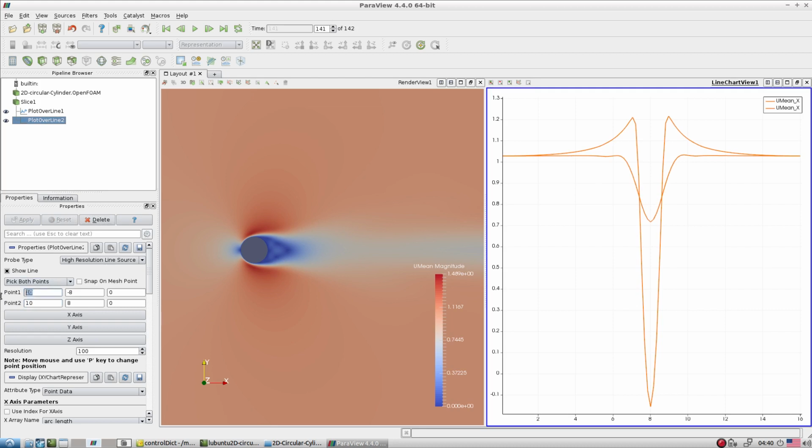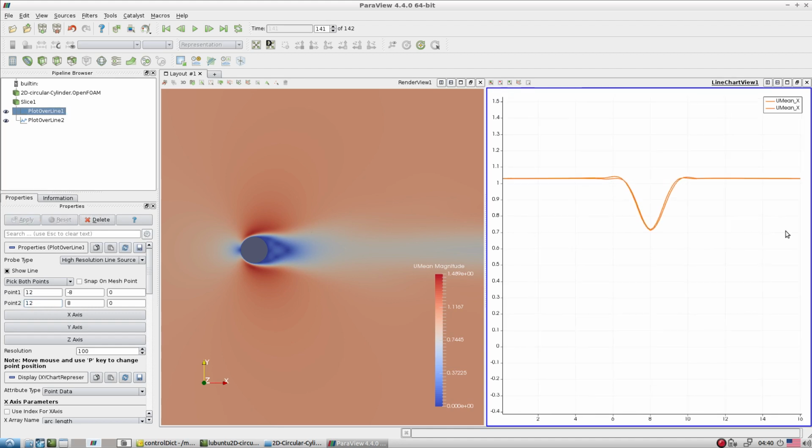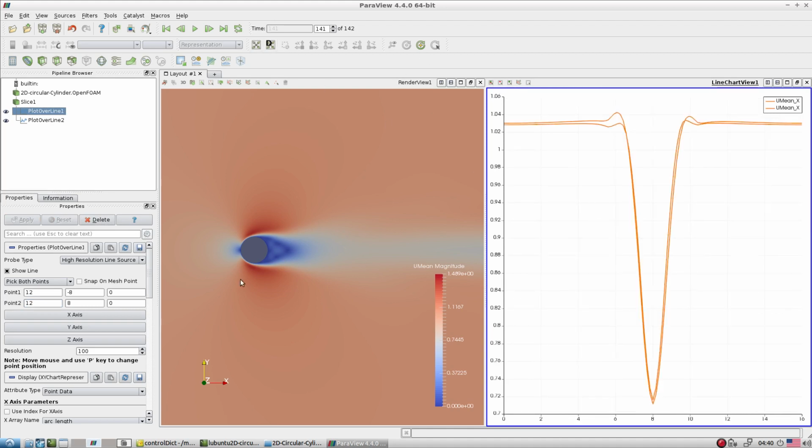Let's go to 12, and you get an almost flatter profile as you go away from the cylinder.